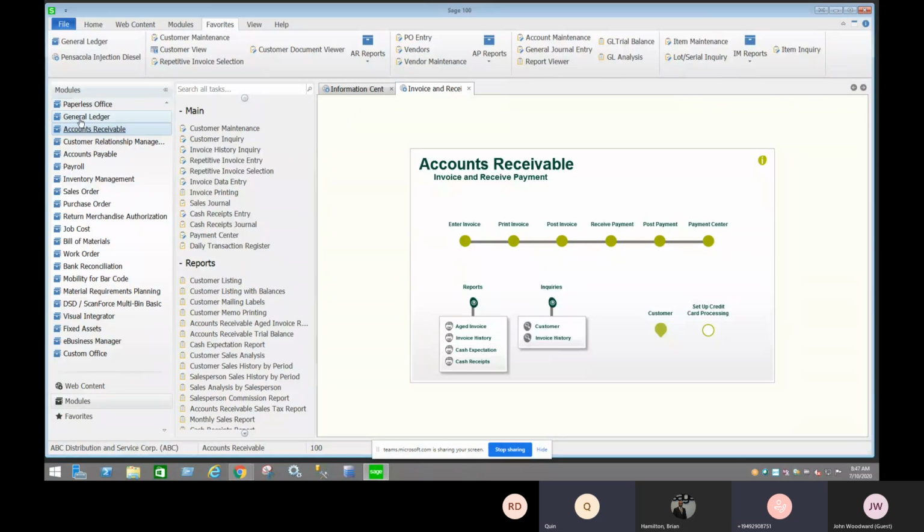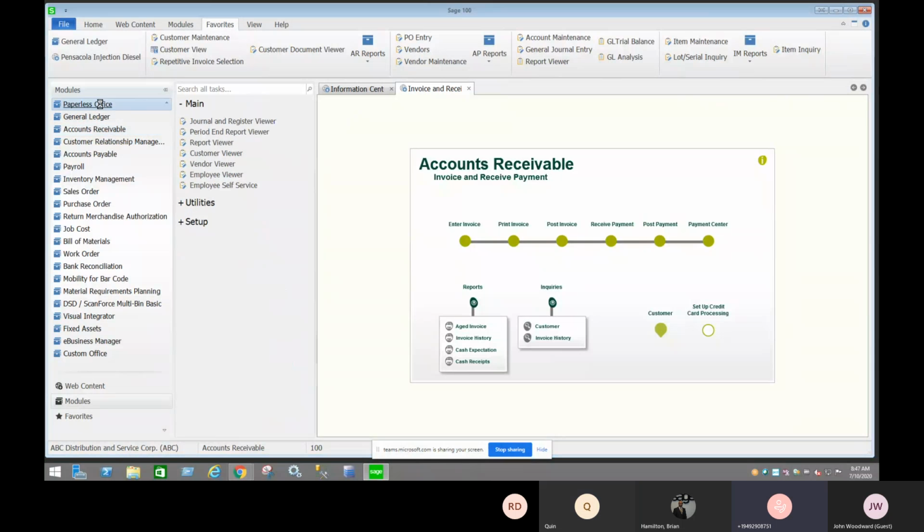Okay. So there's a module called Paperless Office. What Paperless Office can do for you, you notice the different viewers. Essentially anything I can print from a Sage 100 workstation to a printer, I have the ability to generate a PDF and save the PDF. So I don't have to print everything and put it in a filing cabinet. And that goes, depending on the type of document,